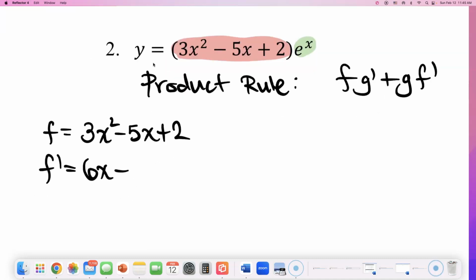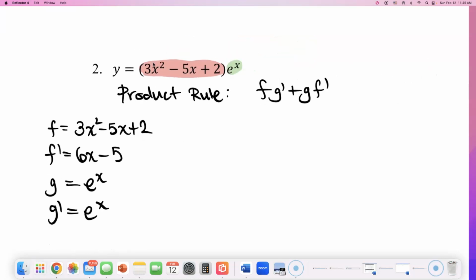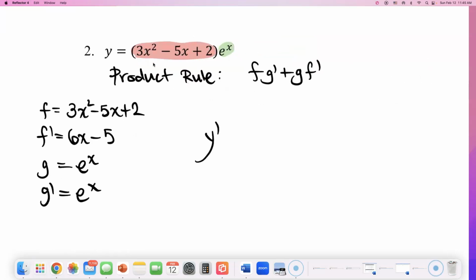Now look, the new piece of the function g is e to the x, and we just learned that the derivative of e to the x is e to the x. So I got all 4 of my pieces labeled. So what is the derivative of this function? Let's start with first times. F is this red trinomial. So I'm multiplying this 3x squared minus 5x plus 2 by the derivative of the second, which is e to the x,